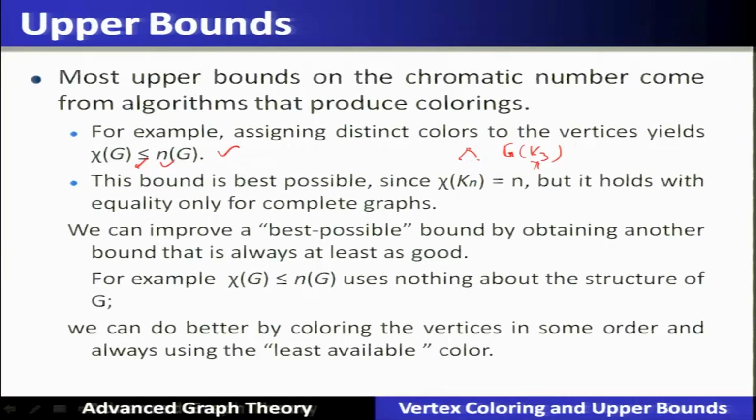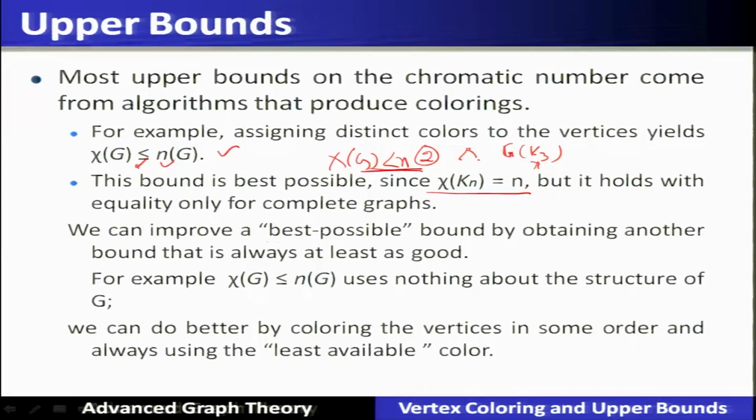For example, if there is no edge, you can color using two colors only, not three colors. So, that means chi of G is not equal to Ng, but it is less than Ng. So, this makes a possibility to find out the bound. This bound is the best possible when the graph is the complete graph, that is equal to n,